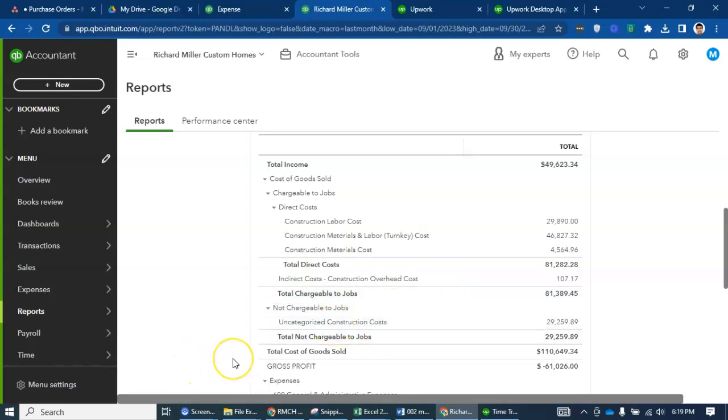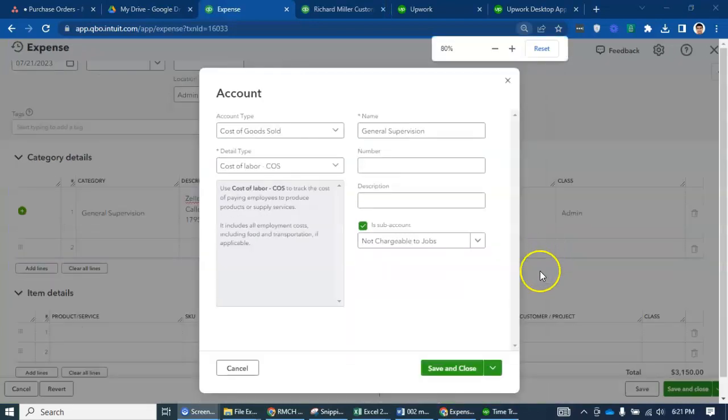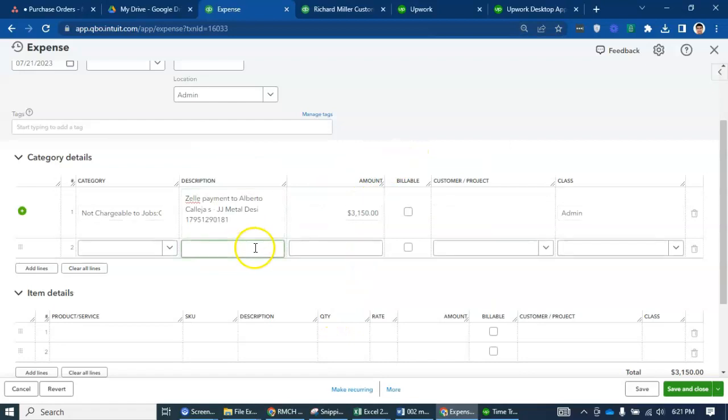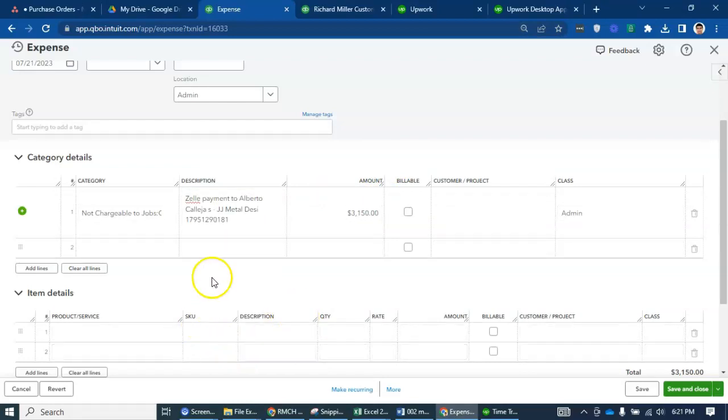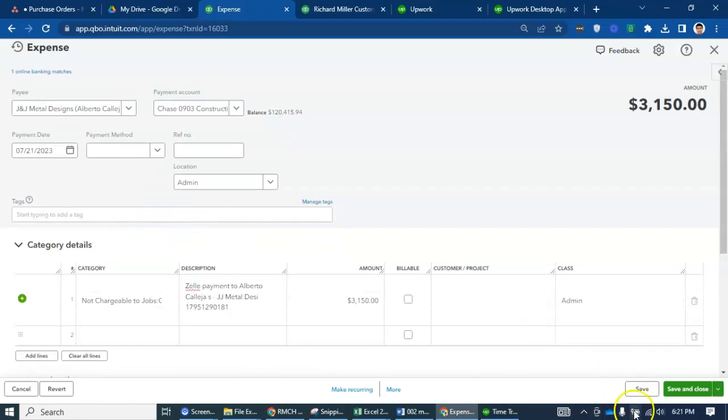Let's try to find what is not chargeable against the job, like the supervision. So I set up a general supervision for this one, not chargeable against the job. So just save and close.